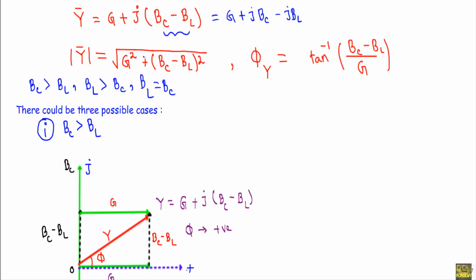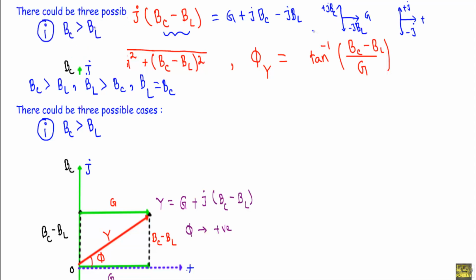While drawing the admittance diagram, you have to remember that we will draw the conductance in the direction of the plus X axis. We will draw plus jBC in this axis, and we will draw minus jBL in this axis, because this axis indicates the real number, this axis indicates the plus j axis, and this axis indicates the minus j axis. After drawing jBC or jBL, we will draw the parallelogram by drawing the equal vectors, and we will get the admittance diagram